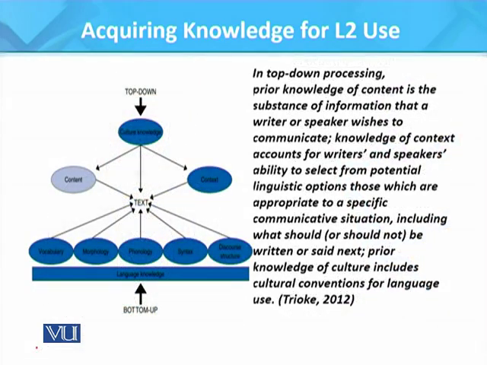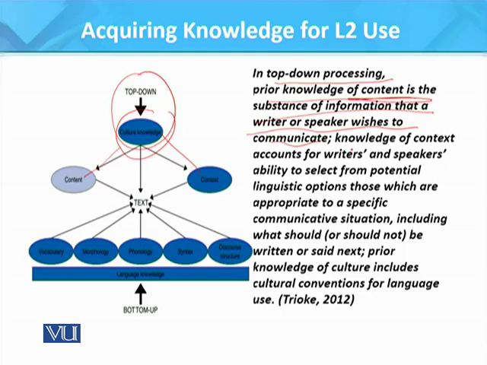From the productive activities angle, we see the top-down processing involving the cultural knowledge as the most important component in this model. We can see that in top-down processing, prior knowledge of content is the substance of information that a writer or speaker wishes to communicate. So from the writer's point of view and from the speaker's point of view, it is the cultural knowledge, since it takes into account the content and the context, that is the most important factor. The reason is that whatever the writer or speaker wishes to communicate, it has to rely on the cultural